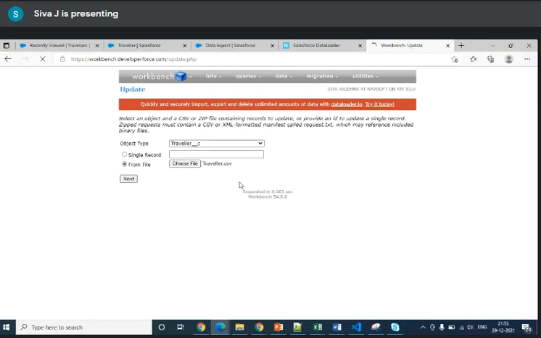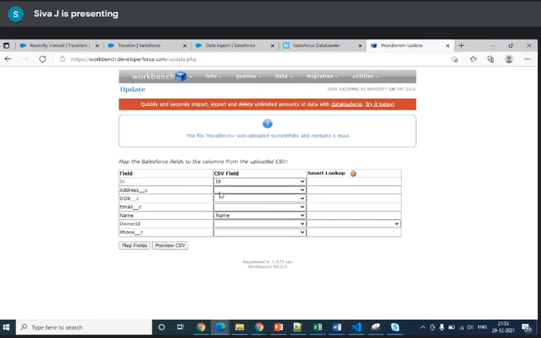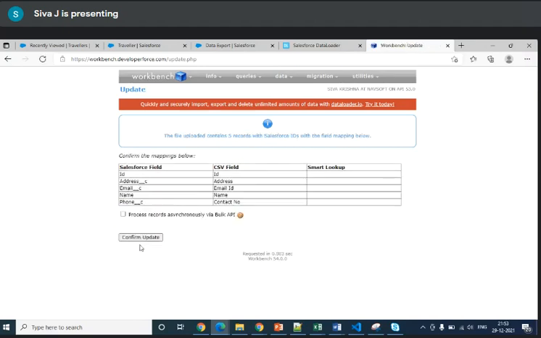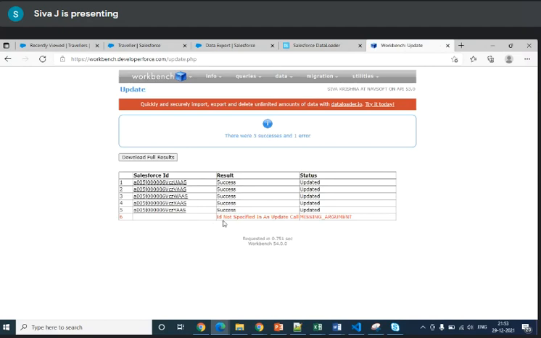It will automatically ask you to map it to the fields. You just select the IDs and related things. Then map the fields and confirm the update. See, these are the values that have been updated.